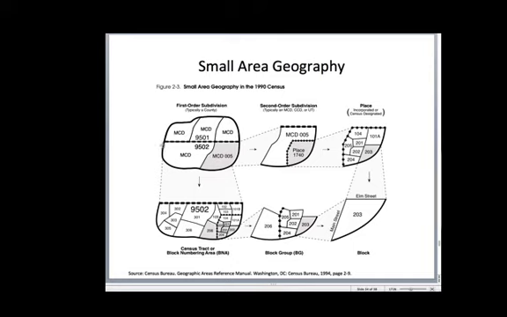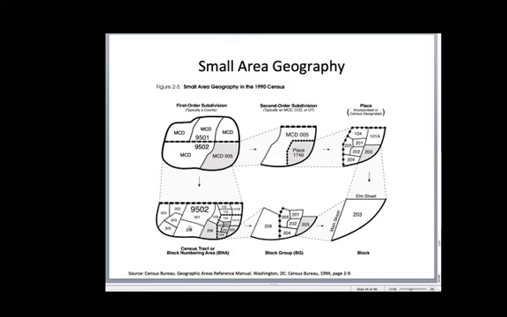Then there might be within this county two separate census tracts, tract 9501 and 9502. Down below here is the census tract 9502, which is in fact further